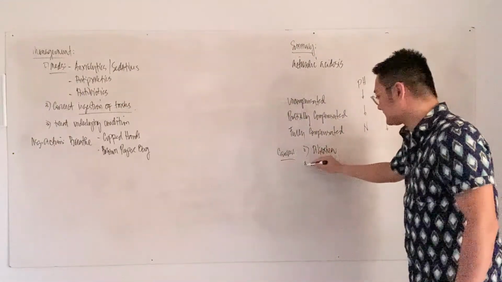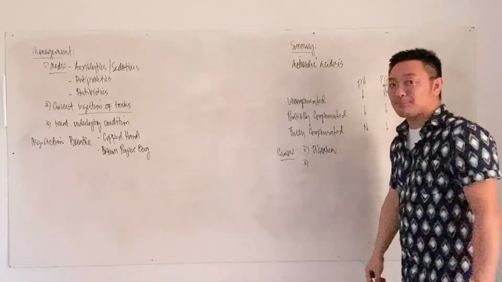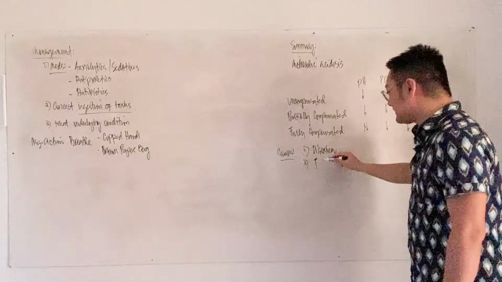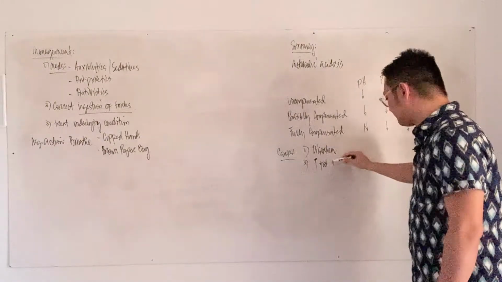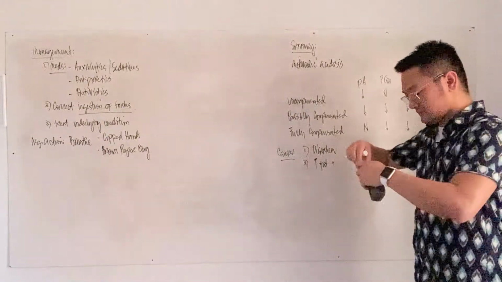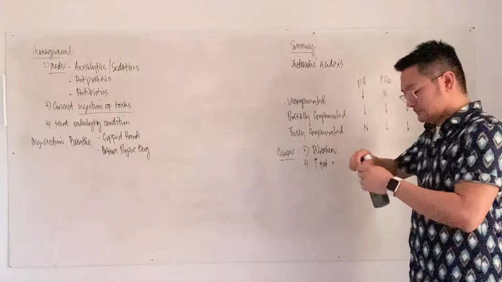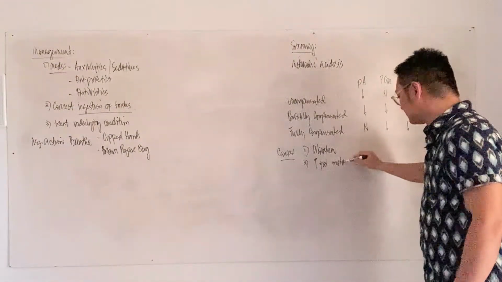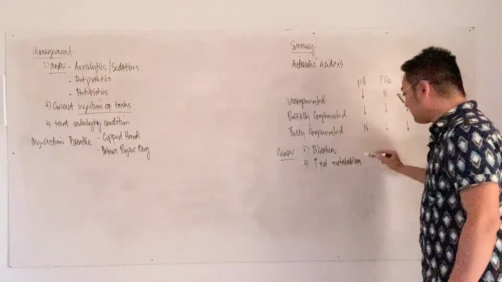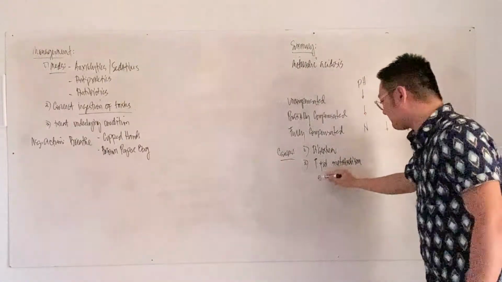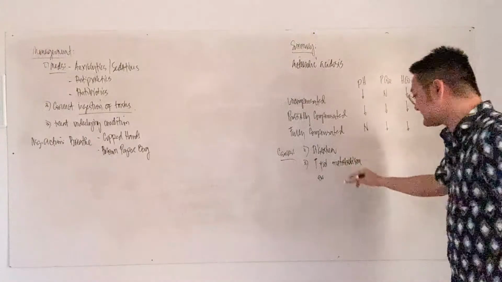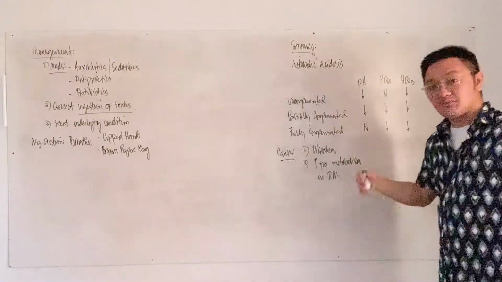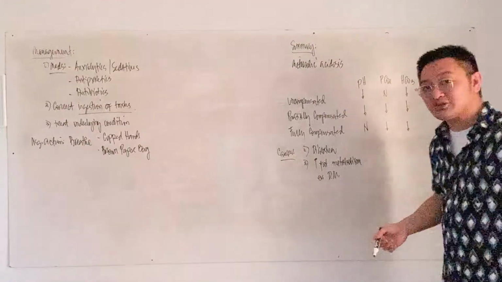Okay, next, number two. Another cause of metabolic acidosis is patients who have increased fat metabolism. Patient with increased fat metabolism. Now, give me an example of a condition with increased fat metabolism. Patient with diabetes mellitus.